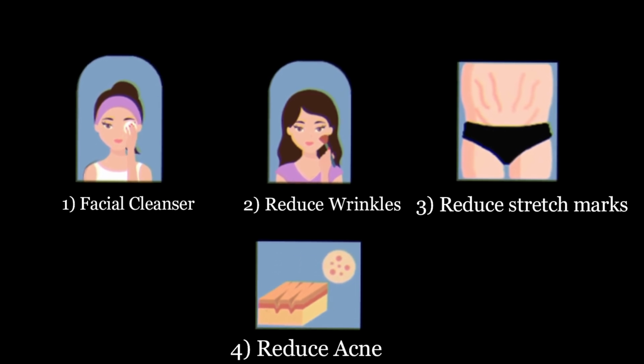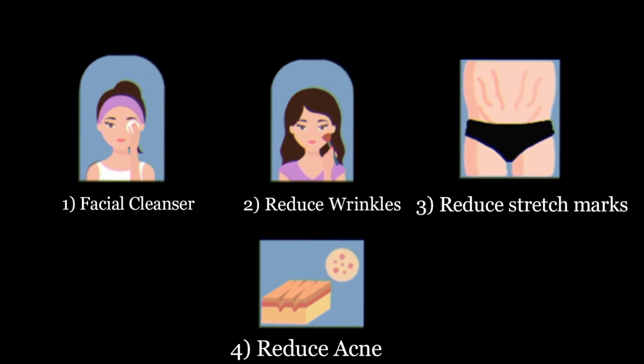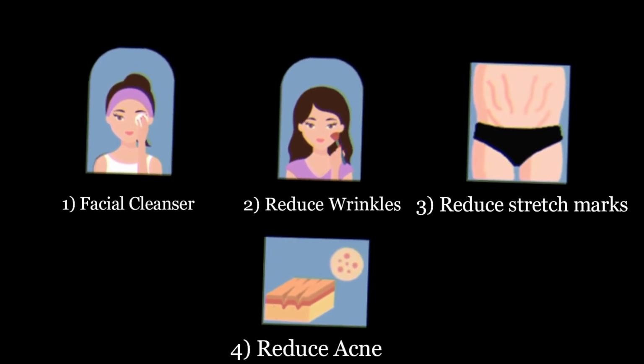can offer several positive health benefits for your skin. Castor oil serves as a deep facial cleanser, reduces wrinkles, reduces stretch marks, and is a treatment for acne,